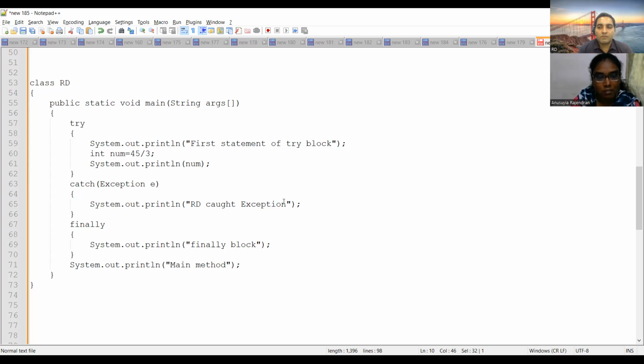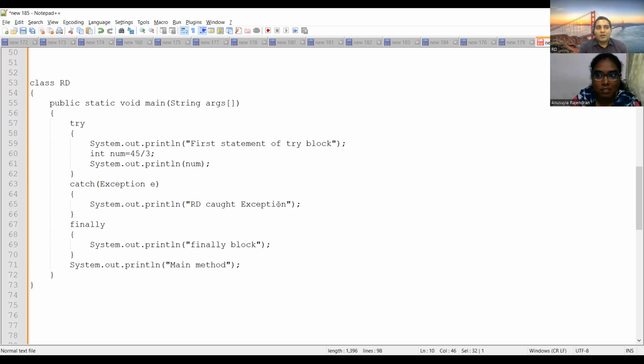You can take your time to think, no hurry. Okay, only the try and the finally block will get executed. So only two statements will get executed.